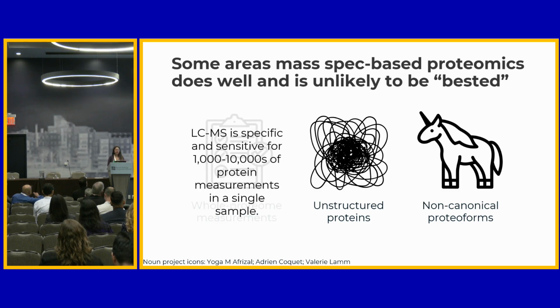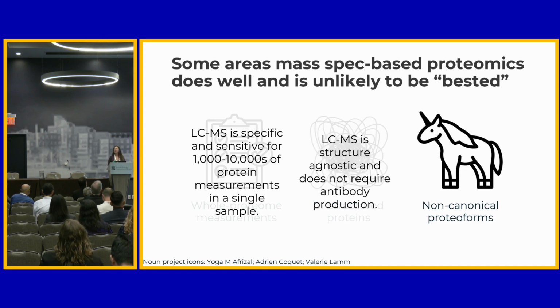So mass spec, we just heard, is sensitive for thousands to tens of thousands of proteins all at once. It's not one of those single molecule technologies Brian was talking about. So we can do a lot of things in a single sample without doing a ton of assay development work. Because LC-MS is structure agnostic and doesn't require antibodies, we can go after some of the harder proteins, which kind of makes light of how difficult doing membrane proteomics is, but it is much more accessible with a mass spectrometer